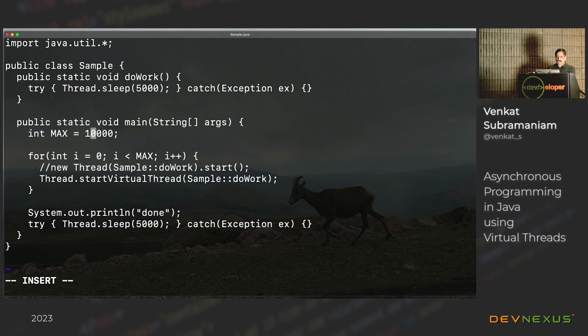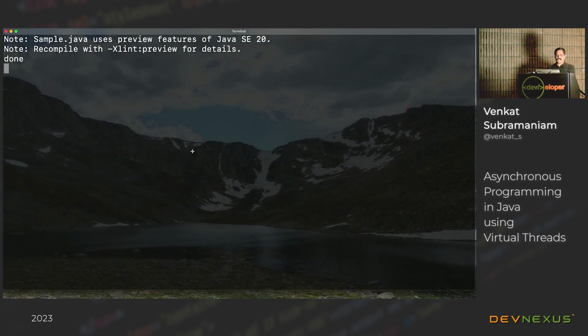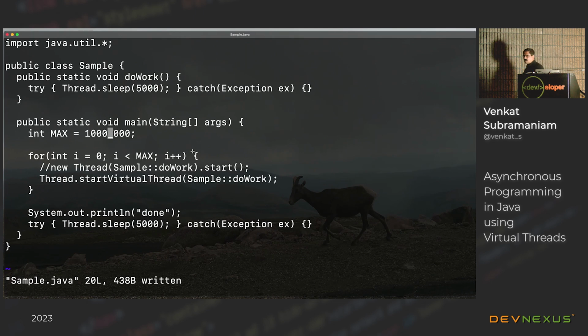What if I ask it to create 1 million threads? Do you feel the pressure on your shoulder? Right? You're like, 1 million threads, and you're like, yeah, I want 1 million threads. And the JVM says, why don't you give me something more challenging? Right? Not a problem. So the question is, how many threads can I create? And the answer is, as many as you like, right? So there is no limits. Yeah, sure, there's eventually a limit, but it's so lightweight, I created 1 million threads, and it had no problem creating it.